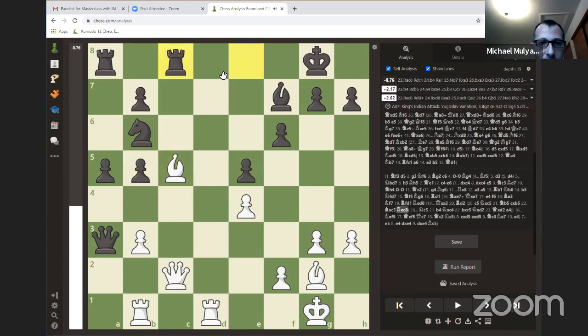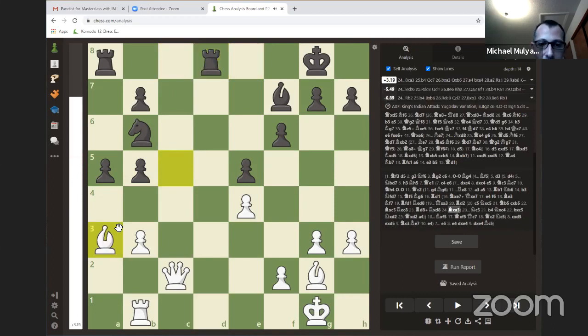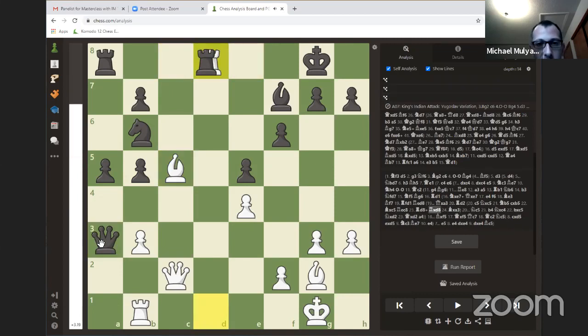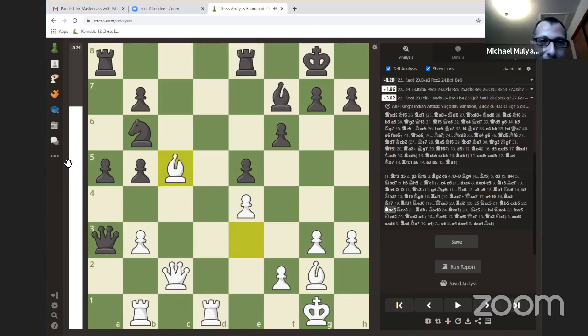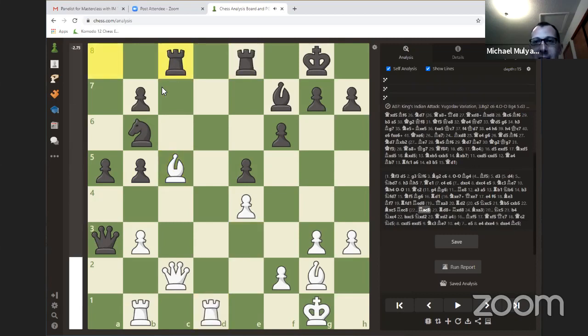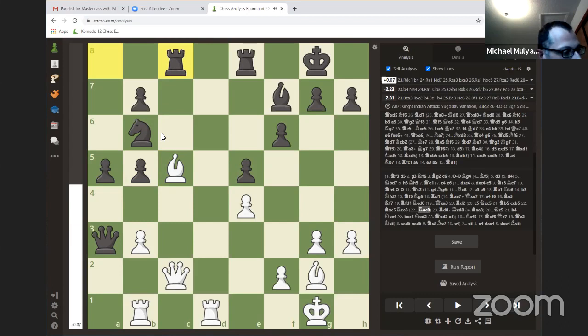Notice if I did this, I would be absolutely blasted here. I would do check here and takes. I'd lose my queen. So I have to. I didn't play rook e8. This was not a blunder. Rook a8 actually. Now White plays the move